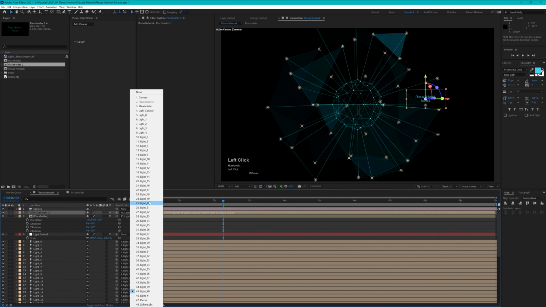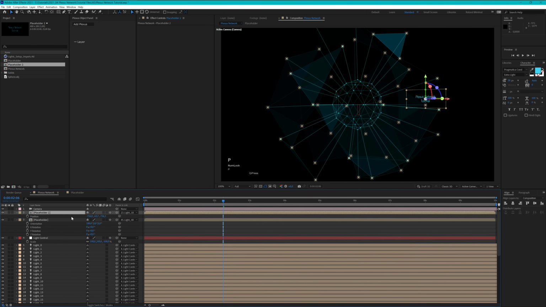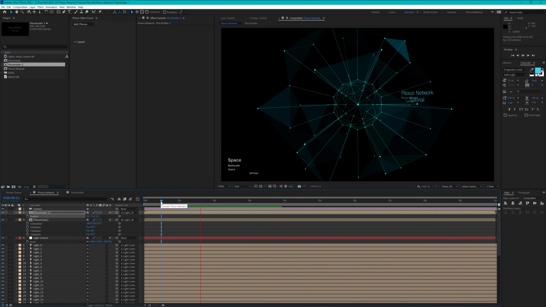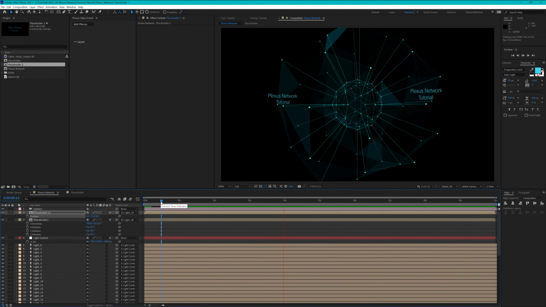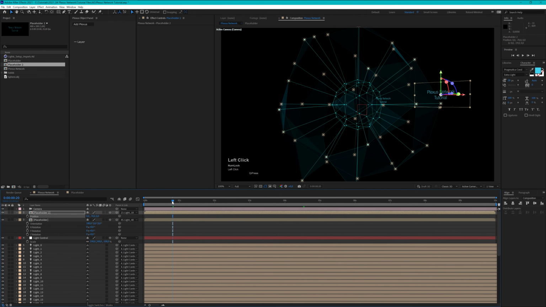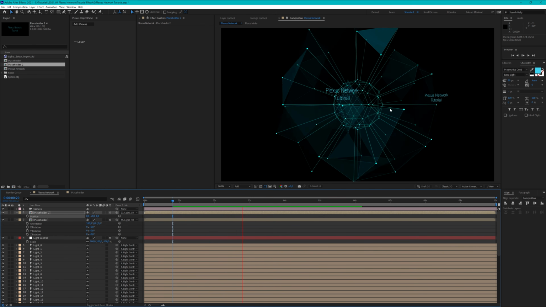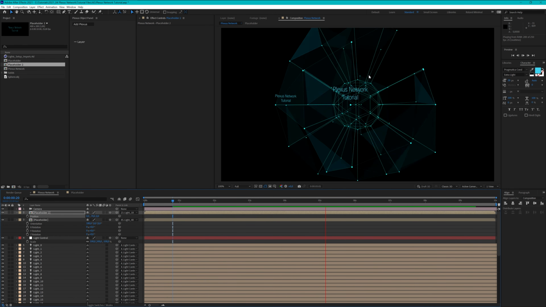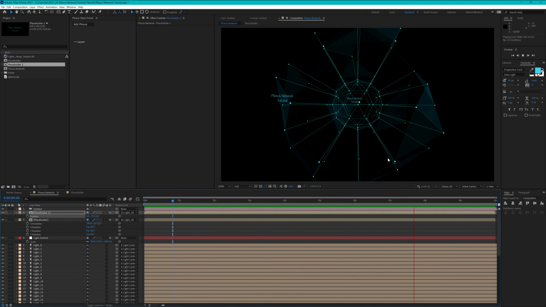Now we could just put this to another light. Let's say light number 18. Let's go to the position, zero it out, and move it up a tiny bit. And now we have another placeholder in here, which will travel with this light. And this way you can also specify which lights are used. So you don't have to put a placeholder to all the lights because then it actually will be a bit crowded in here. But you can now create your really complex network, and these placeholders are perfectly